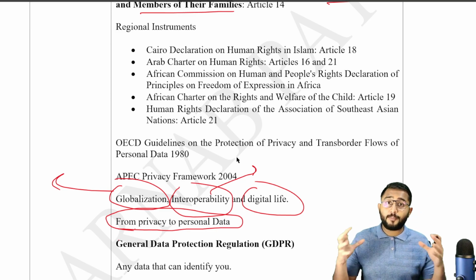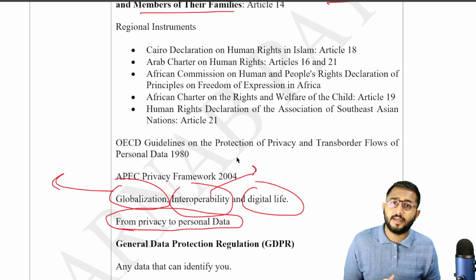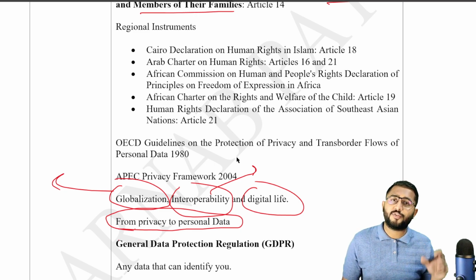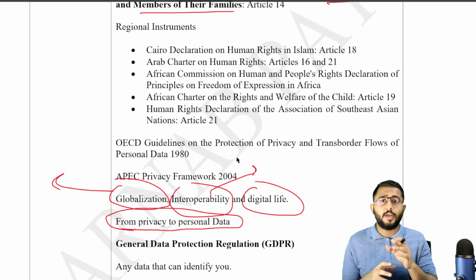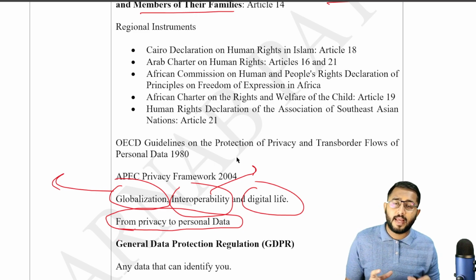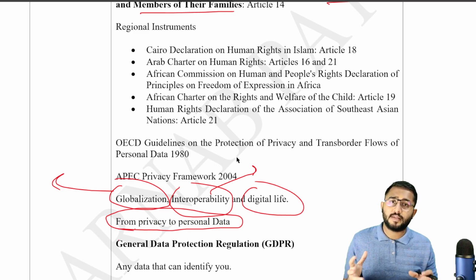क्योंकि अब तो मेरा प्रोफाइल बनाना बहुत easy हो गया है digitally. Because I'm visiting different websites and I'm giving different information out. And because this information is being shared cross-platform, it's being shared across websites, making my profile becomes very easy. Making my own digital profile becomes very easy.